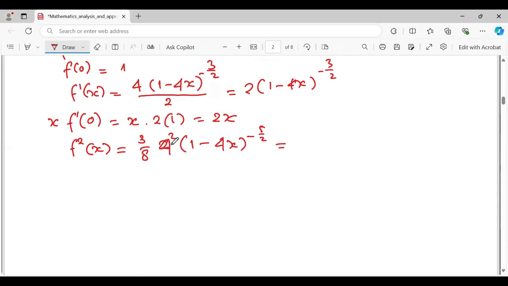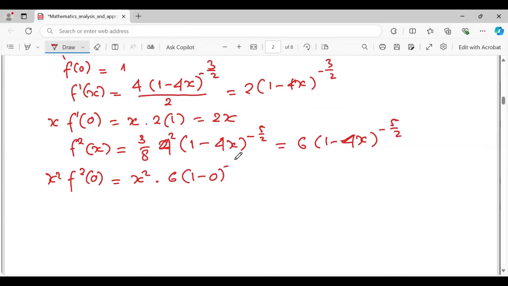And then this is 16 divided by 2. Yeah, 6 here, because 2 times 3. 1 minus 4x, power minus 5 over 2. And x squared, according to Maclaurin, this is x squared 6, 1 minus 0. And it becomes 6x squared. So the expansion becomes